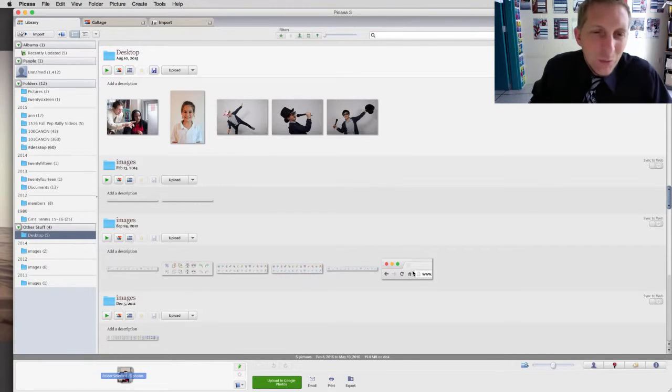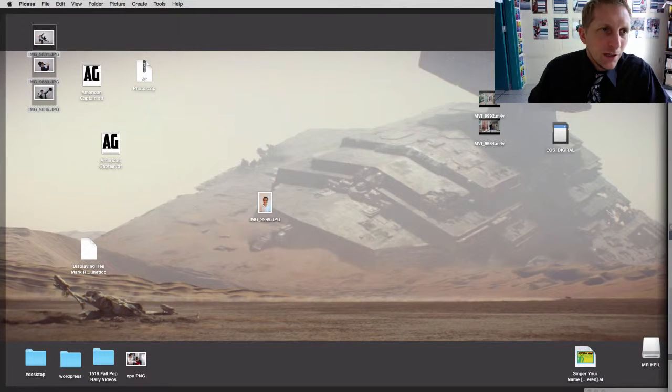Today we are going to make collages. What you're going to do is open up your image files and highlight all three of them at the same